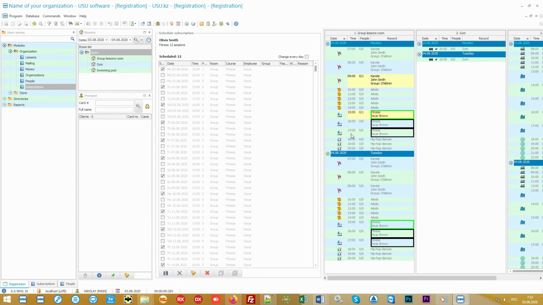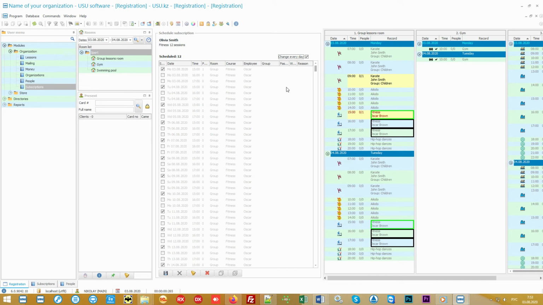If we selected a specific employee during the subscription, then now only their classes would be shown. And if the client doesn't care who and at what time conducts the lesson, then the administrator decides where to record the client based on the availability.